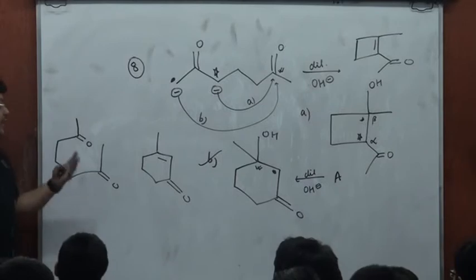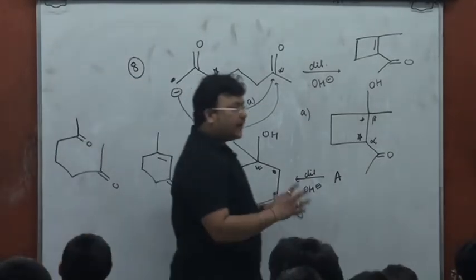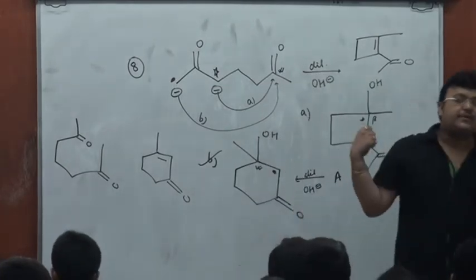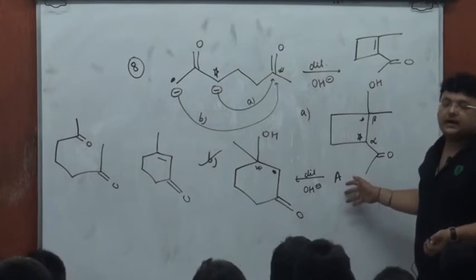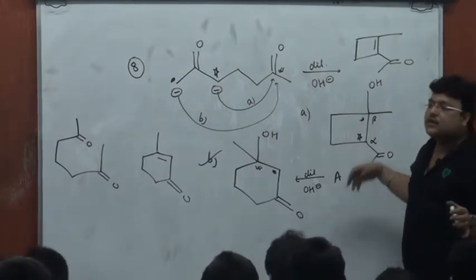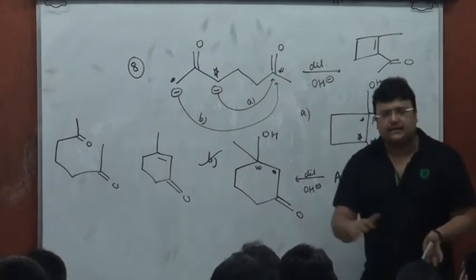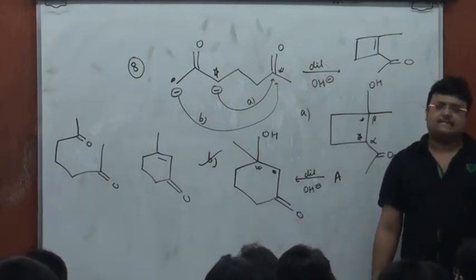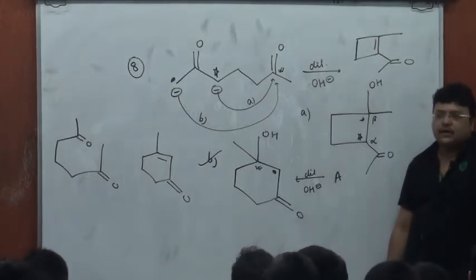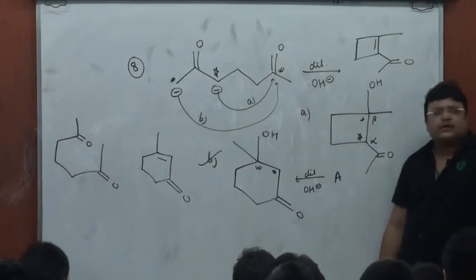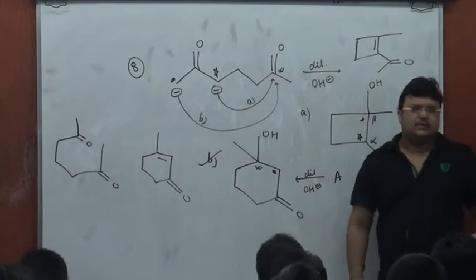But before that, it has to trigger the thought process that, well, if this is the product, a beta hydroxy cyclic compound, after treatment with dilute OH minus, this might very well be a dicarbonyl compound. So only if the picture is very clear in the forward direction, you'd be able to travel back and even interpret a retroaldol. We'll talk about retroaldol also.